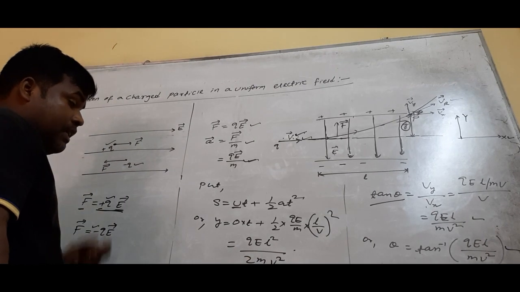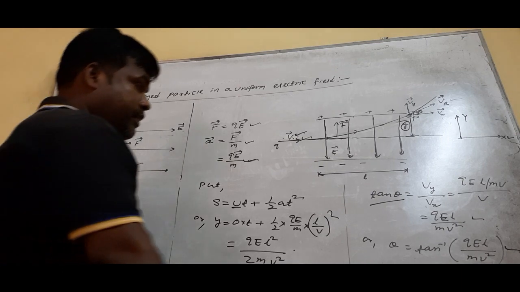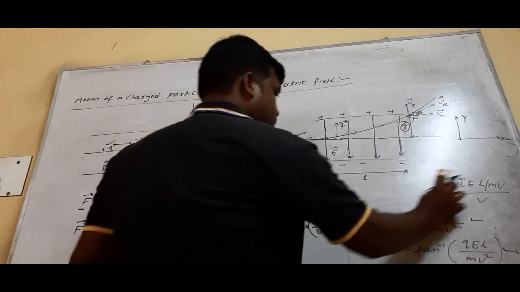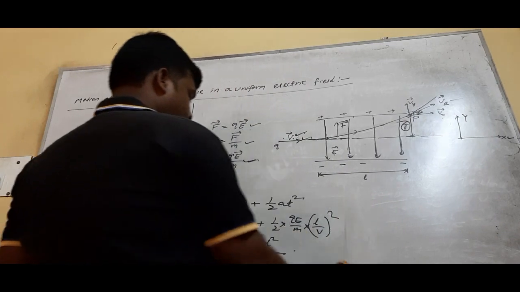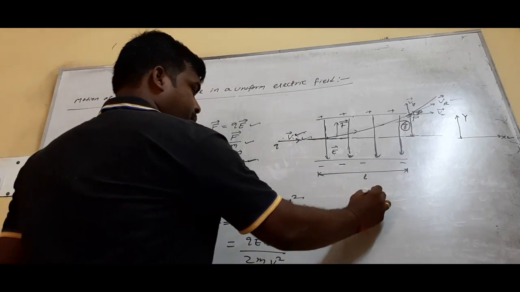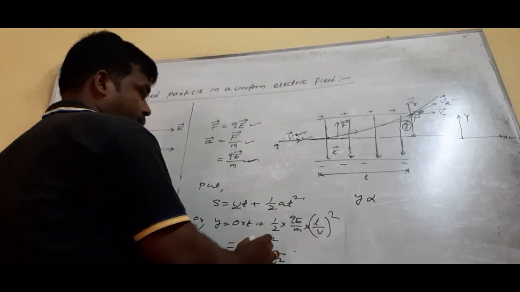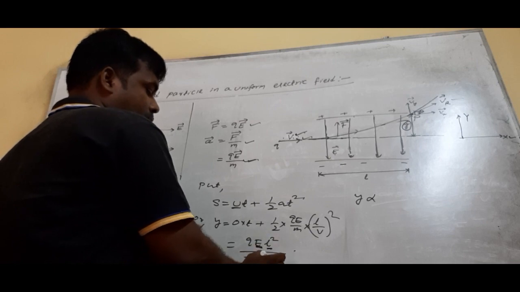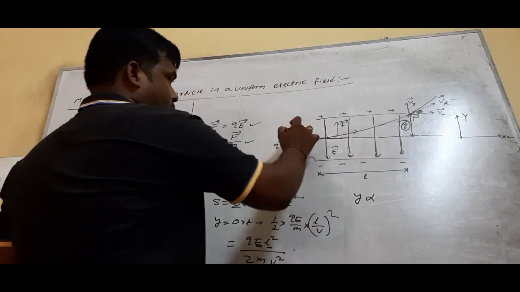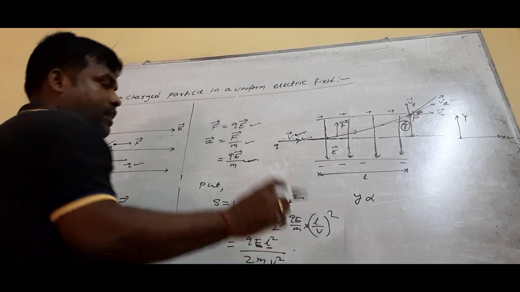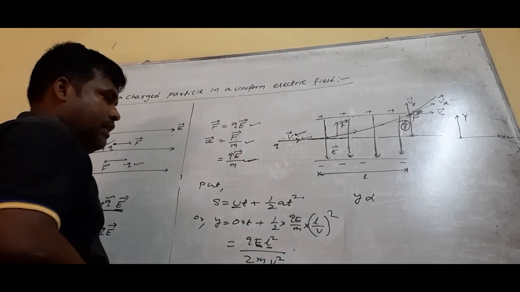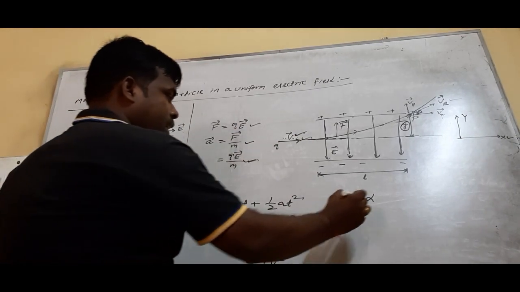So here I can give one conclusion about this vertical deflection y: when the electric field is uniform and L, v are constant, if a charged particle is injected with the same velocity, then what happens? Y directly